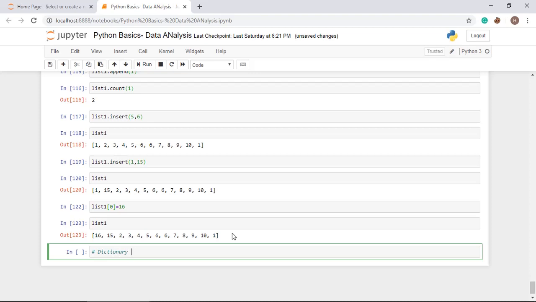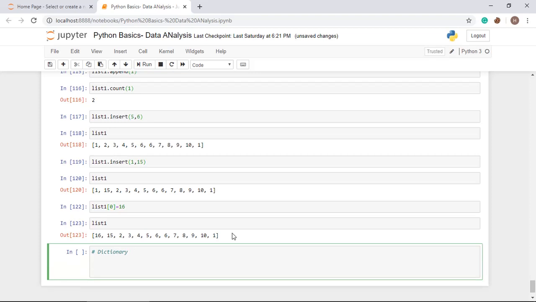So dictionary in Python. Each element of a dictionary is separated by a comma, and it stores key value pairs. Data stored in a dictionary is always in key value pair.